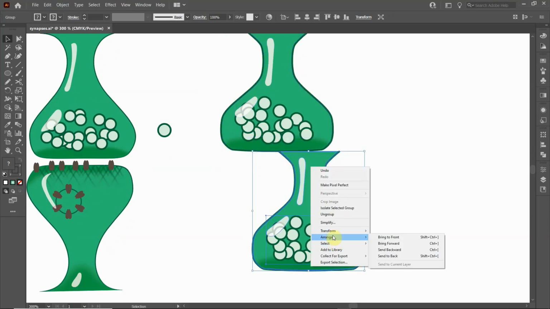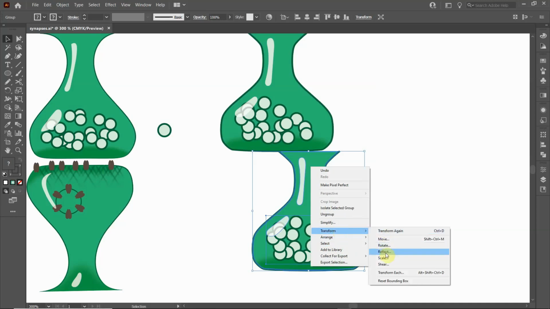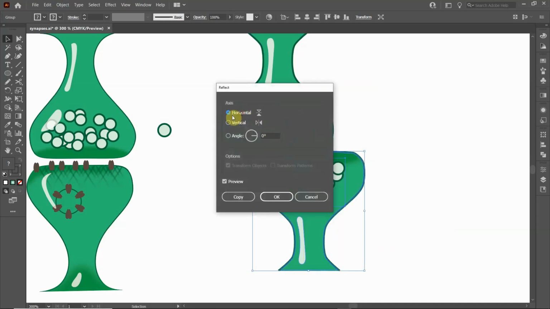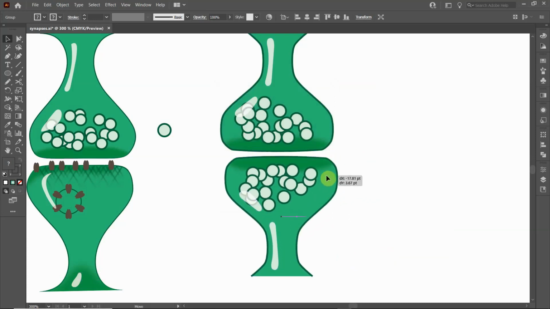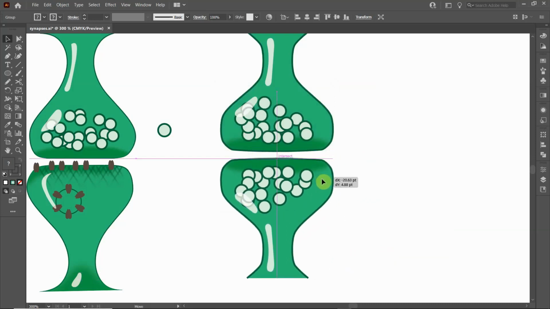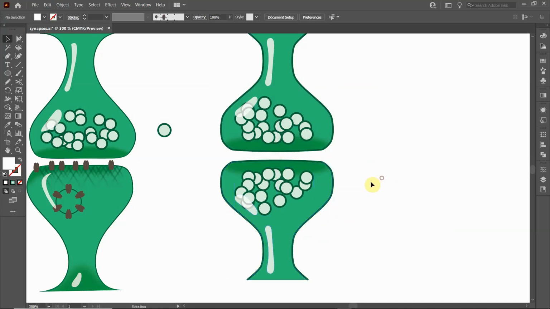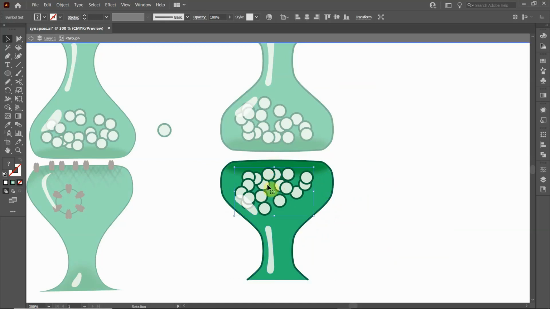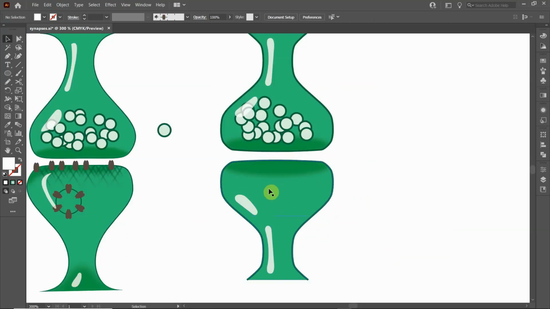Right click, transform, reflect across the horizontal, and then drag that, maybe give it a little bit of space. And of course I'm going to click on this and press delete so that the other side doesn't have synaptic vesicles. And also I'm going to redraw the glare,